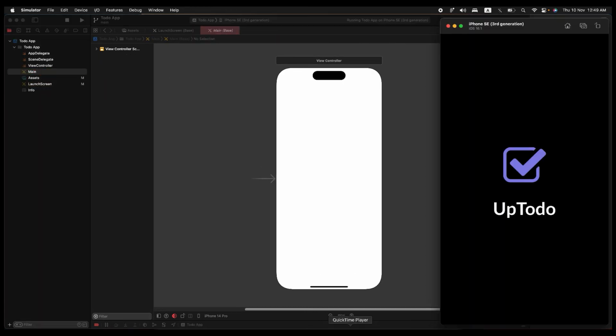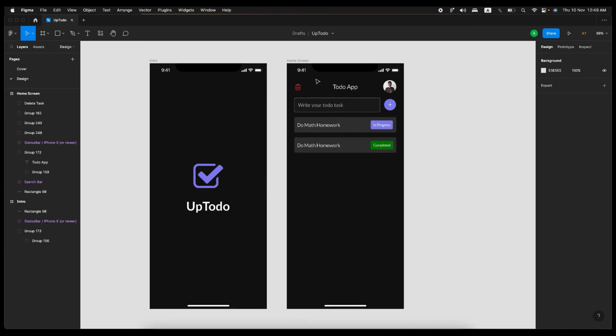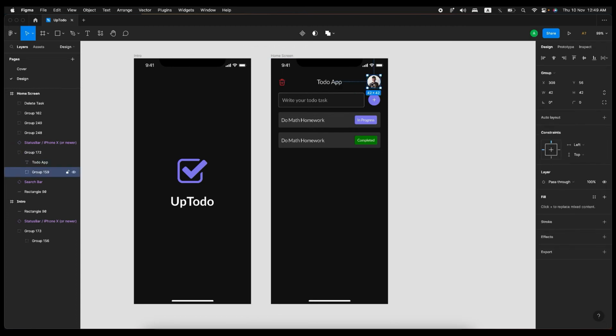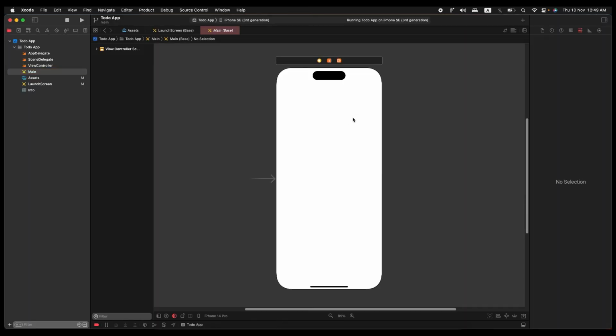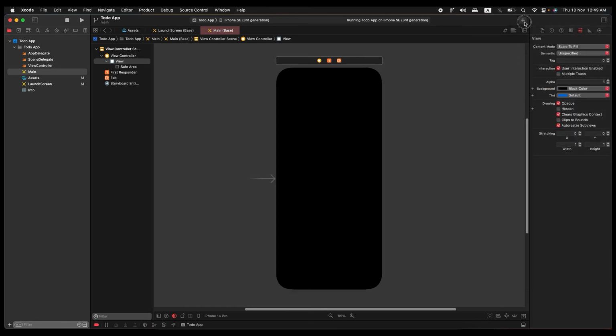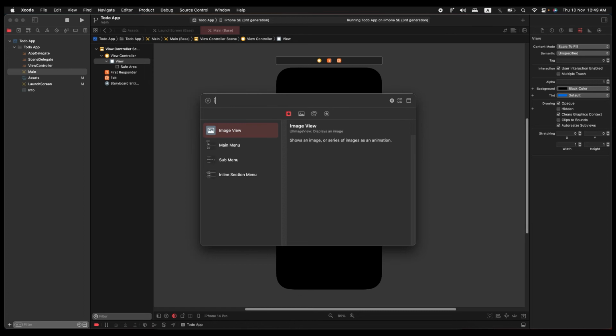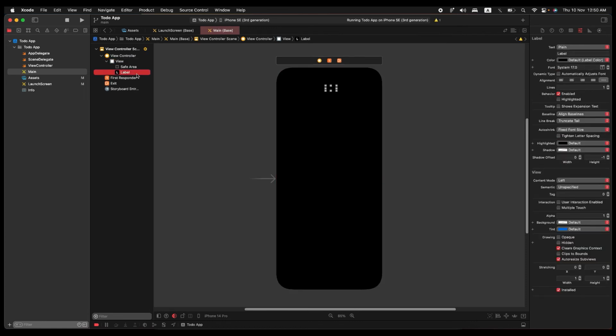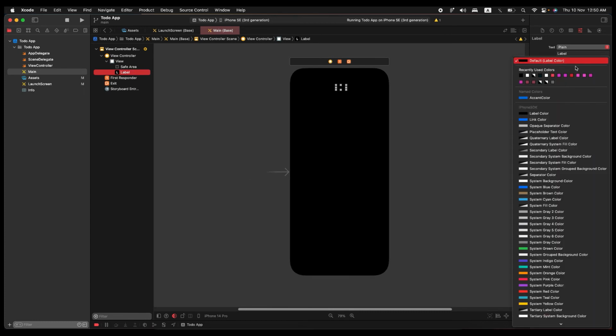Now, let's go and start designing the home screen like that. Simply, we have an image here with a size of width and height at 42. Let's change the background color to black. We need to have an image, or let's start with the label. Put it in the center. We select that label, we change the color to white,